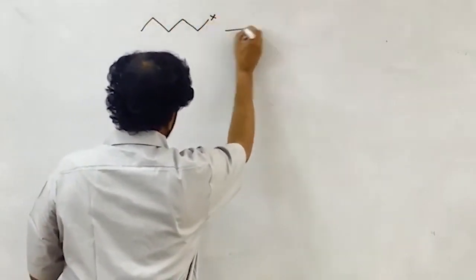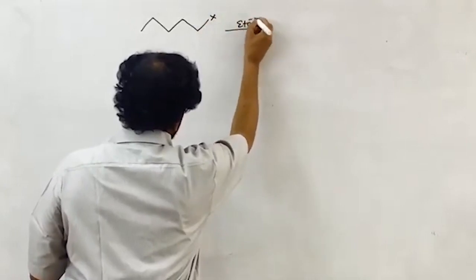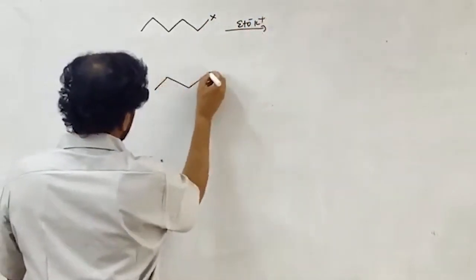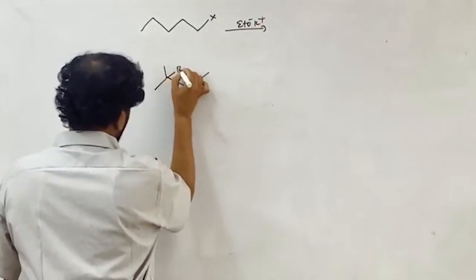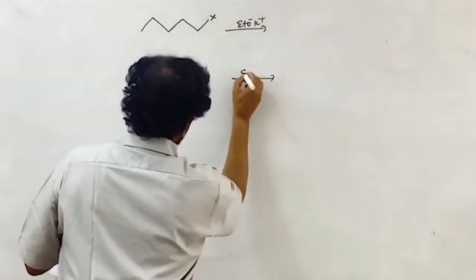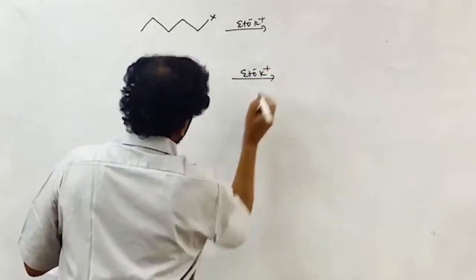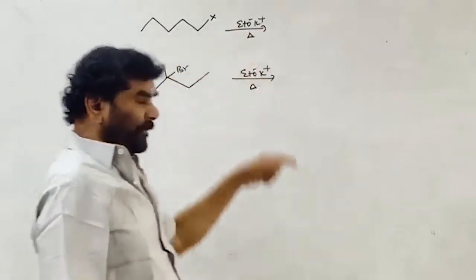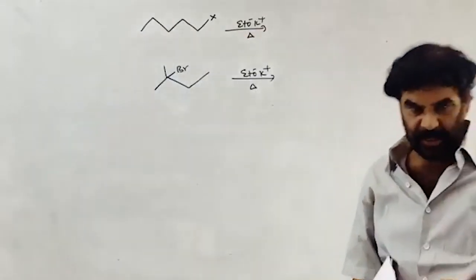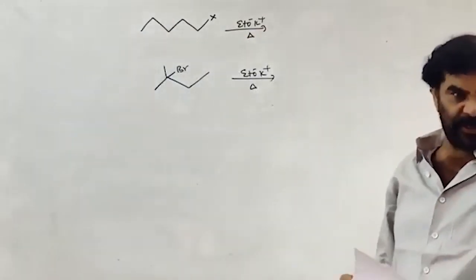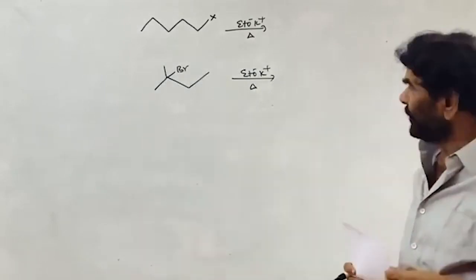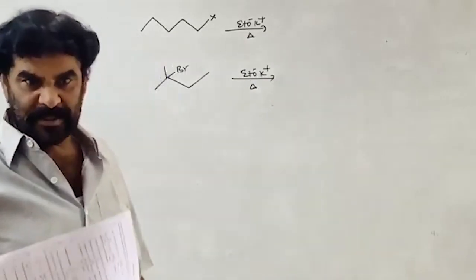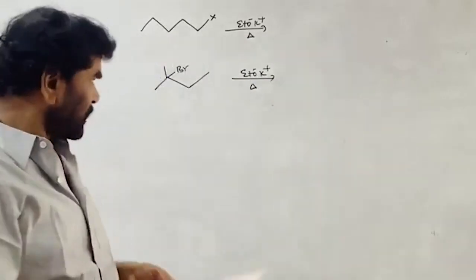Two alkyl halides are given, treated with the ethoxide ion, potassium ethoxide. Heating, for elimination: when an alkyl halide is treated with a strong base under high temperature conditions, refluxing, elimination takes place, and that is according to Saytzeff's rule. Saytzeff's is the normal and Hofmann's is the abnormal, which takes place under certain conditions.